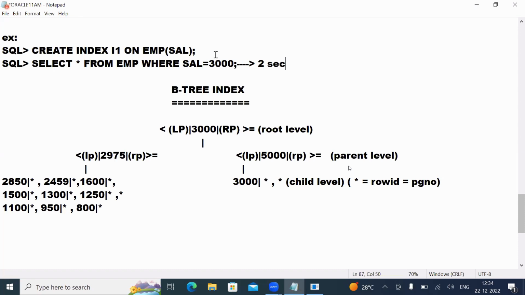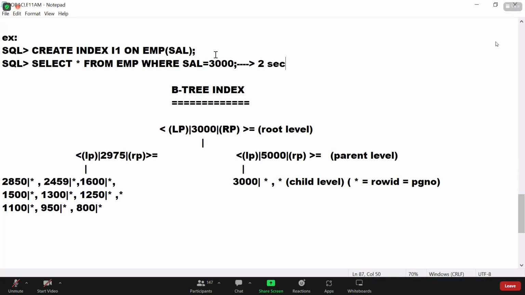Okay, so this is simply how indexes work, how binary tree indexes arrange your data, and later how Oracle uses this binary index for retrieval. Okay, na? Right, guys. So now I stop here, and tomorrow we will go for the remaining types of